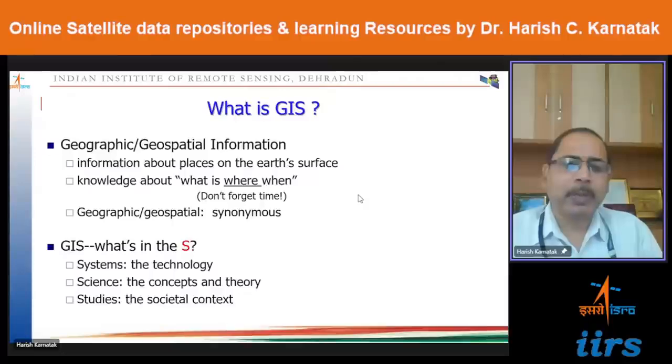When I say information about a place on the Earth's surface, that is basically your coordinates. These coordinates are represented in the form of latitude, longitude, and altitude. How we get this latitude and longitude is another important area. In today's era, we are using a constellation of satellites called the Global Navigation Satellite System, which is very important and gives you the location information of any object on the Earth's surface. So basically, GIS is a science or technology which talks about geographical objects,